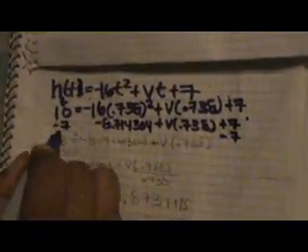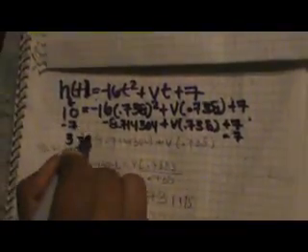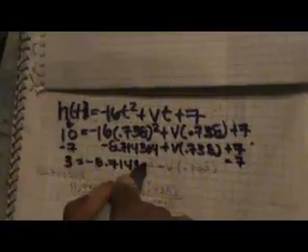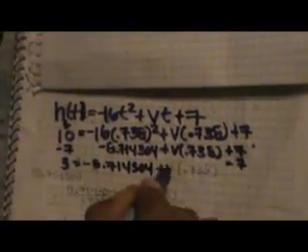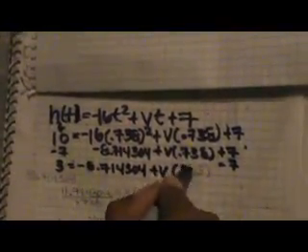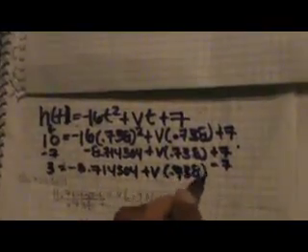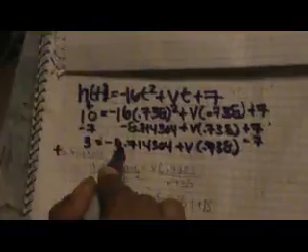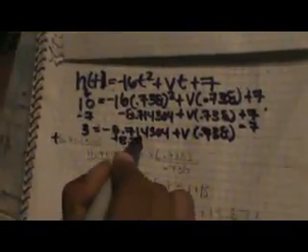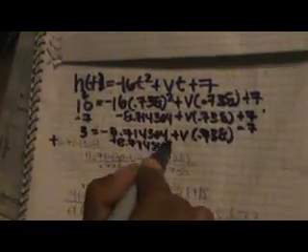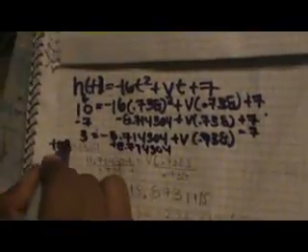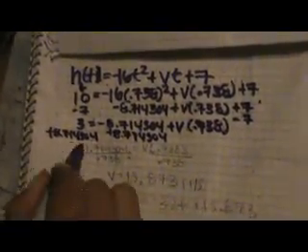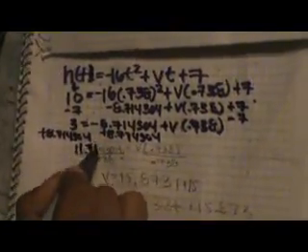So first you're going to do the negative 16 times 0.738 squared, which gives you negative 8.714304. And then plus v times 0.738 plus 7. And then you're going to subtract the 7 from both sides. So you're going to subtract the 7 from 10, which will give you 3 equals negative 8.714304 plus v times